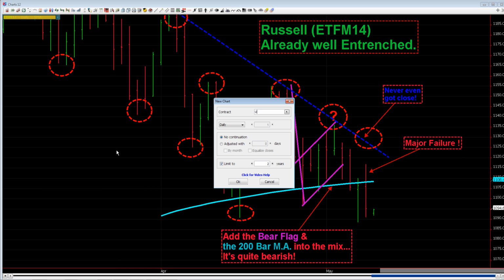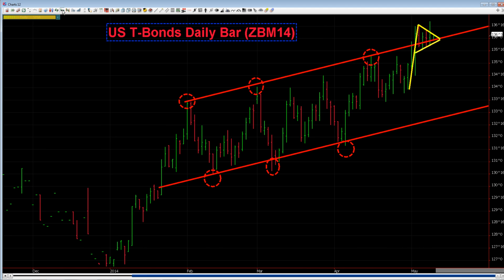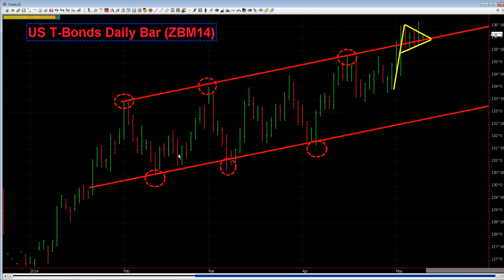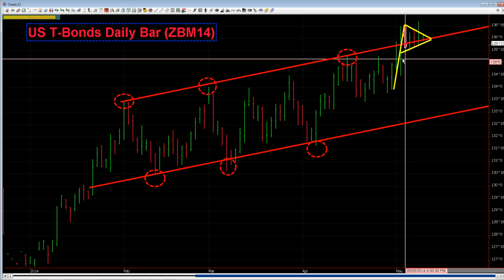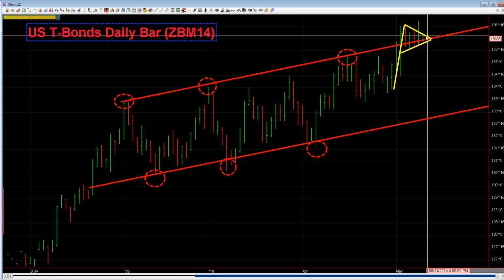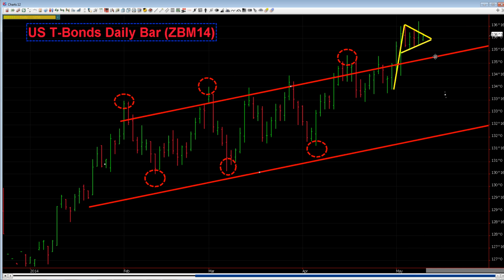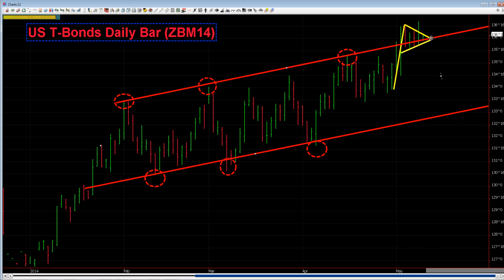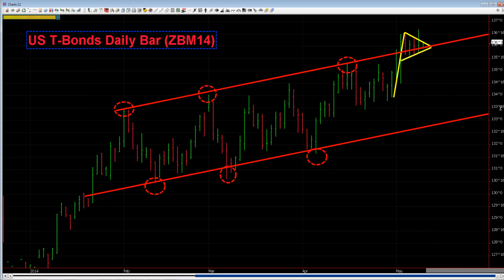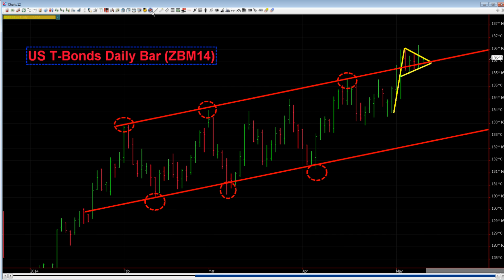Then, of course, on the other side of the argument is this. Look at this bond chart. Not only has it created an upward channel, you broke out above the channel, and now you're creating some sort of a pennant or flag above this channel. Look, it's above this channel. Very interesting. If bonds look that bullish, there's a very good likelihood that the S&P is going to come off. So very interesting what's happening there.